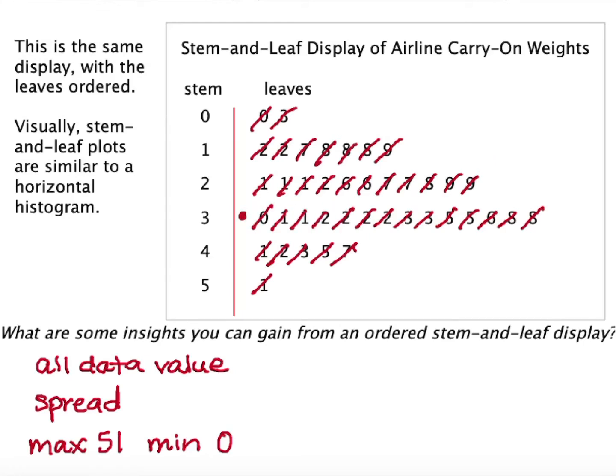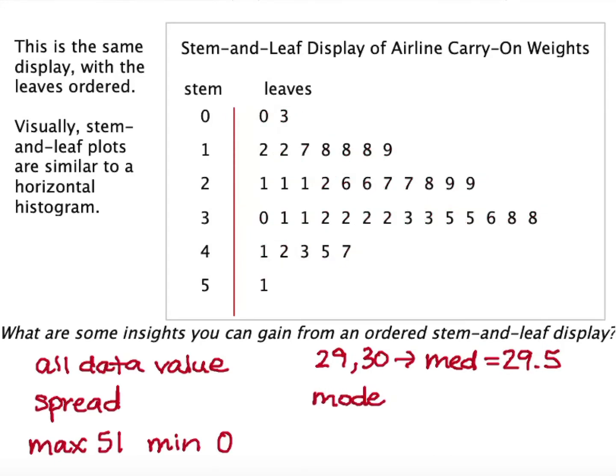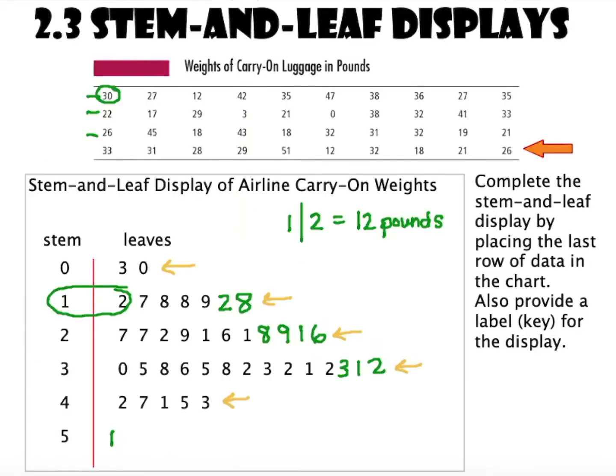And it looks like the middle wound up right between here and here. And so what's halfway between 29 and 30? The median here would be 29.5. It's easy to see what the mode is. Just by glancing quickly, I'm pretty sure I see the most 2s right there. So the mode would be the 32-pound luggage. And so you can see how it's just easy to locate the data that you need, much easier than if we were just looking at this